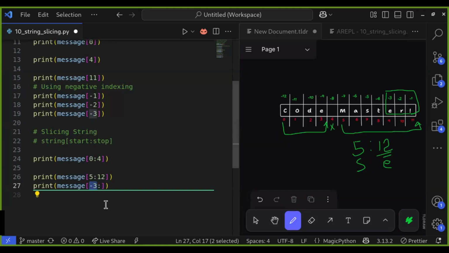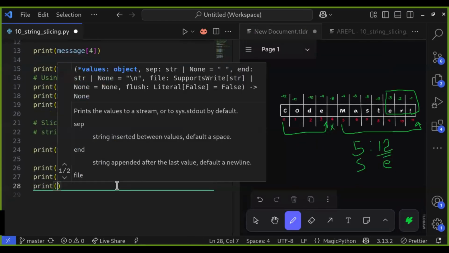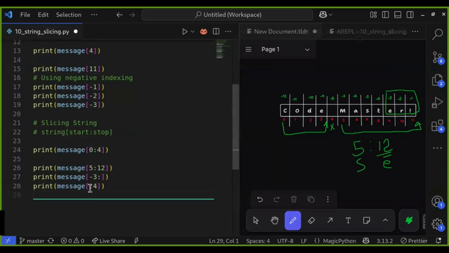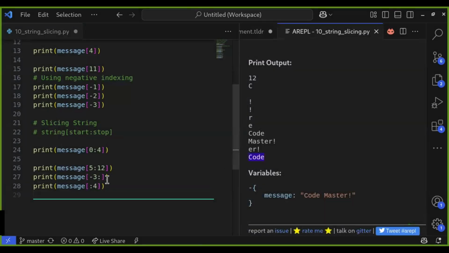If we leave out the start index, Python also assumes that we want to begin from the beginning. For example, print message colon 4, which means we didn't specify the start index, so it assumes that we are starting from the 0 index up to index 4. So we get code.